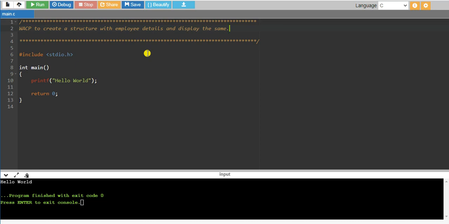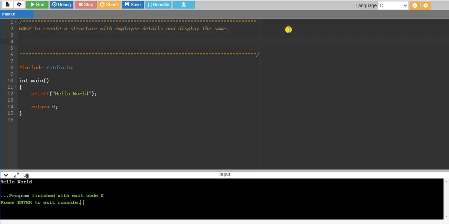Also we'll see the syntax for declaration of a structure. It makes use of the struct keyword for declaring a structure.